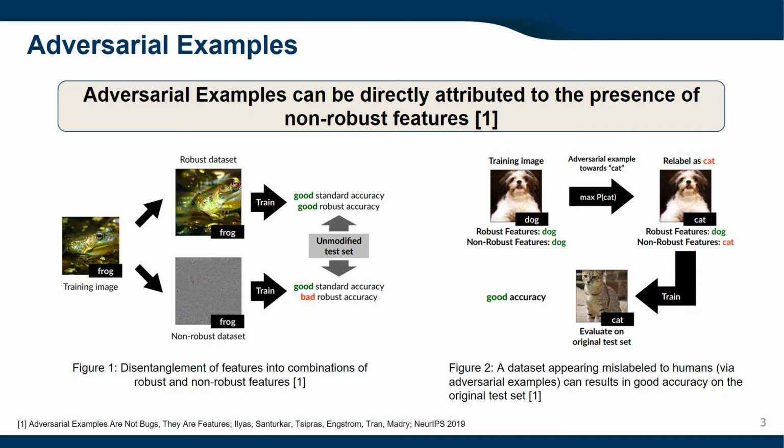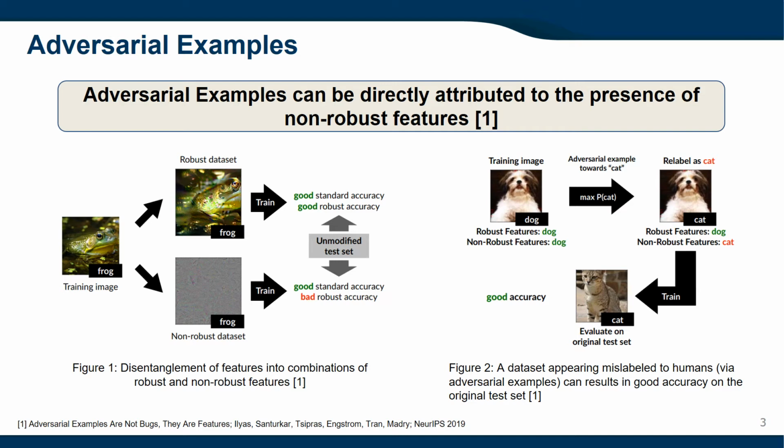They obtained a non-robust dataset from a standard model by generating adversarial examples for the original training dataset. This dataset still looks like the original training dataset for a human observer, but contains non-robust features for classes different from the real ground truths. A model trained on this dataset generalizes well to the original validation dataset, but exhibits low accuracy when evaluated under adversarial examples. The authors repeat this process on an adversarially trained model.